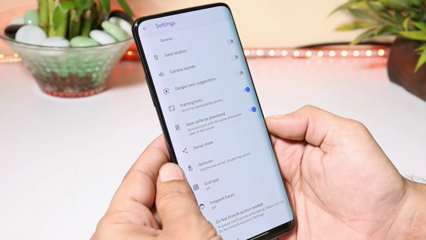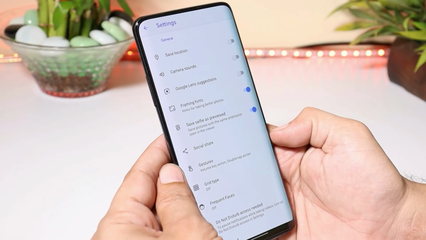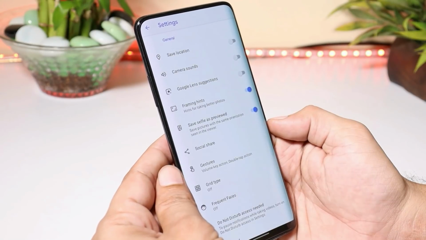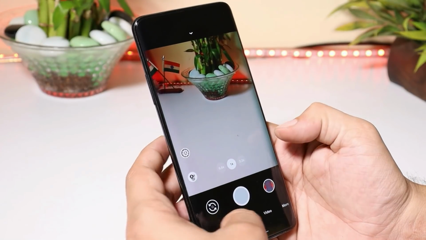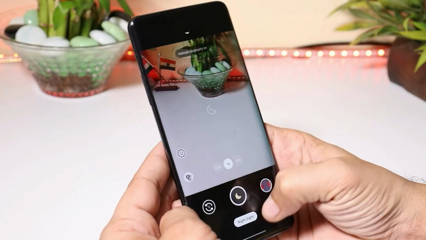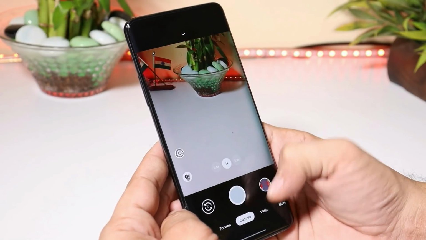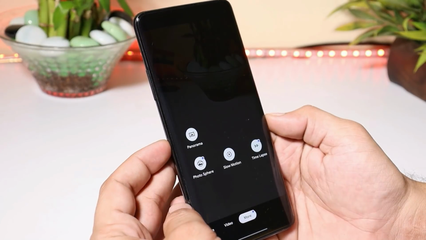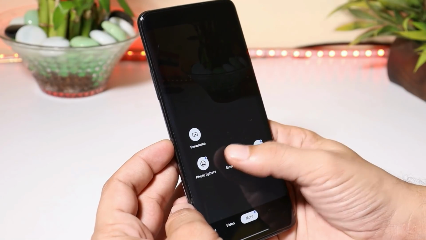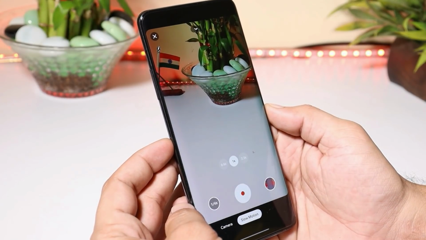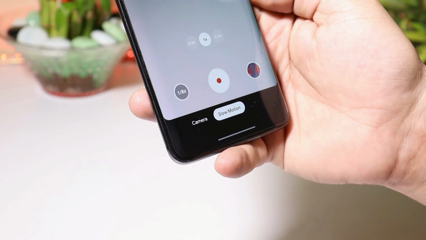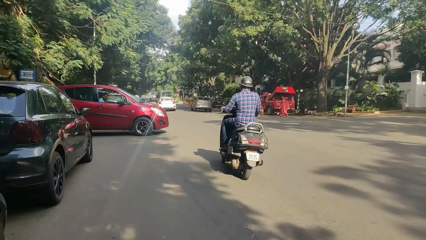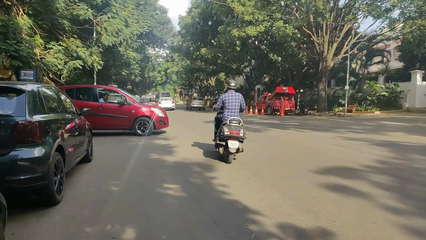And I've been using this Google Camera application for almost 2 days. Here everything seems to be working fine. I did not find any kind of issues with portrait photos or night mode photos. We have all the same stuff like night mode, portrait, camera, video. And one thing I have noticed on my OnePlus 7 Pro, slow motion videos have slight issues. The device can also record slow motion videos in 1/8x speed, but the video lags a lot. And here you can see a small sample of that.